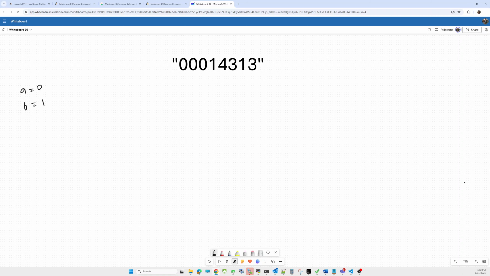So how can we calculate the frequency? While iterating over the string from left to right, we'll calculate the frequency of A and the frequency of B separately. Let's say suppose I am calculating the frequency. So here I am taking count of A, which is initially 0, and here I am taking the count of B, which is also initially 0. Okay, and now I am iterating.